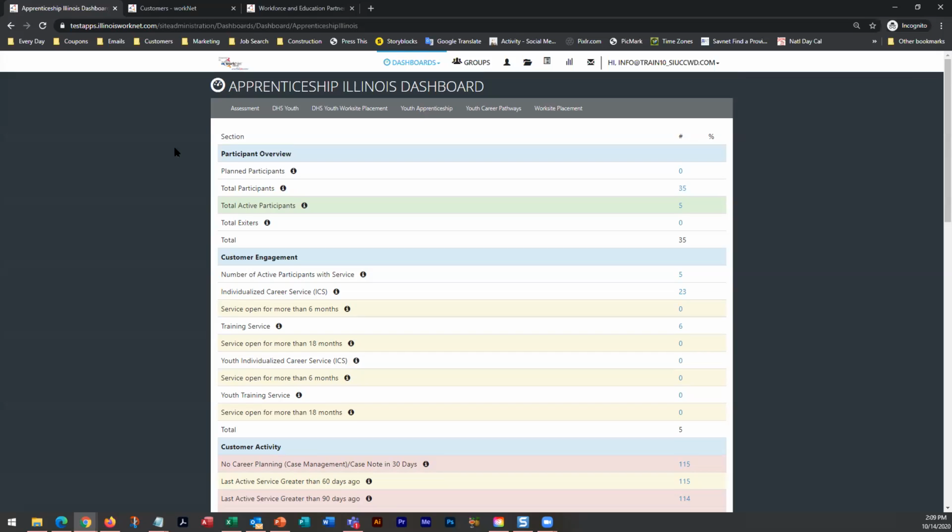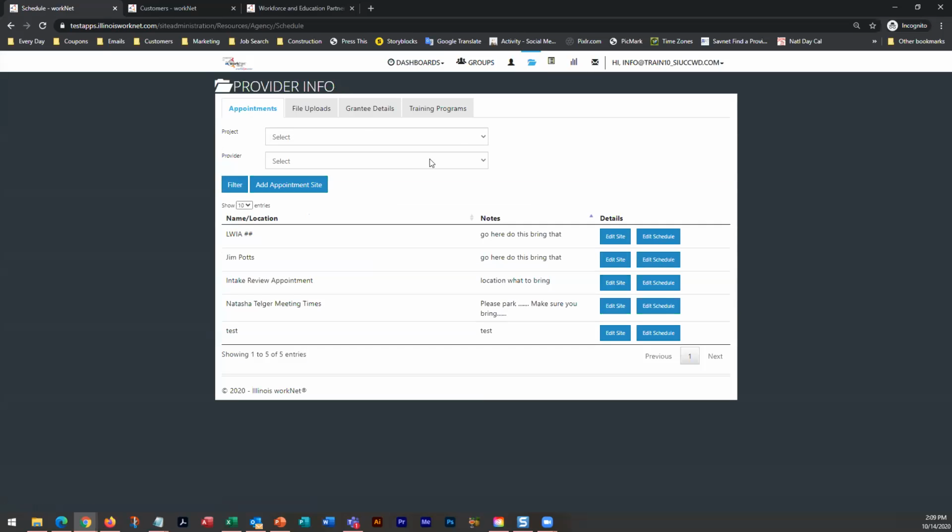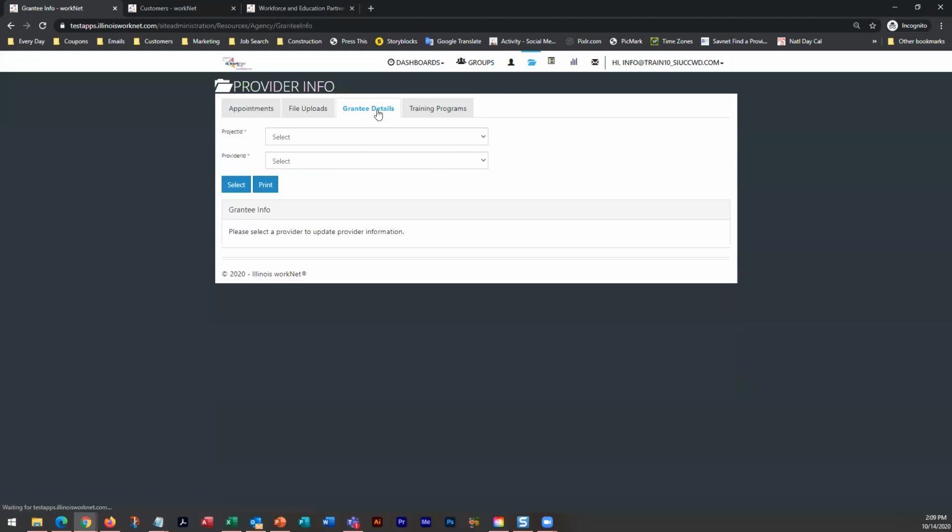We do have the services functional on the customer profiles. So if you have not already gone into your resources tab and added your services under the grantee details, you will want to take care of that. So just to refresh, we covered this last week. We do have the instructions updated